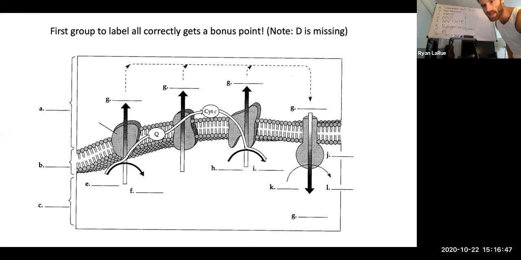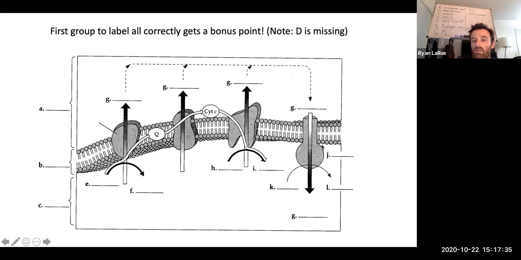Okay, what was J? J is referring to this enzyme here. ATP synthase. Great. So ATP synthase is that enzyme. Well, basically,